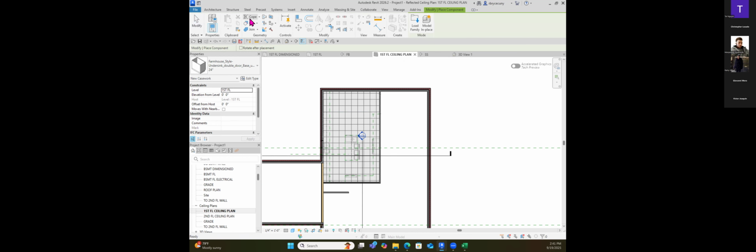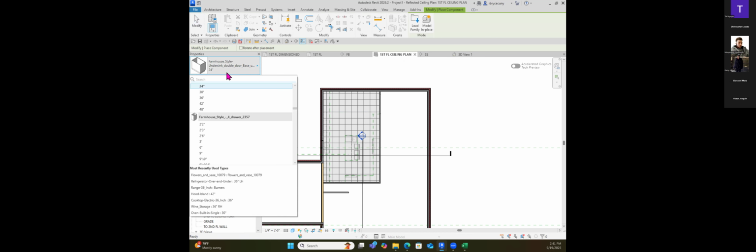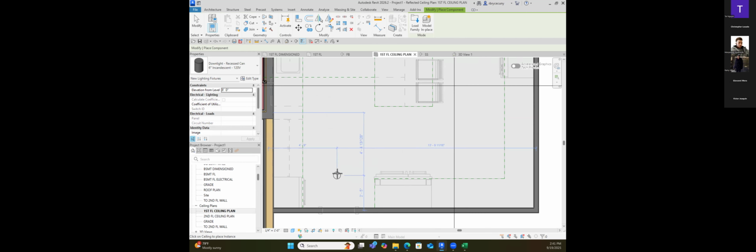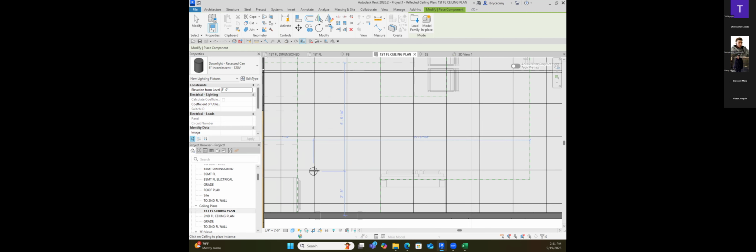Architecture, component, and I'm looking for light fixtures. So let's type LIGHT and see what comes up. Look at that, downlight, recessed can, 6-inch incandescent, 120 volts. We'll use those. So I'm going to go in there and try to make some sense of it by putting one,